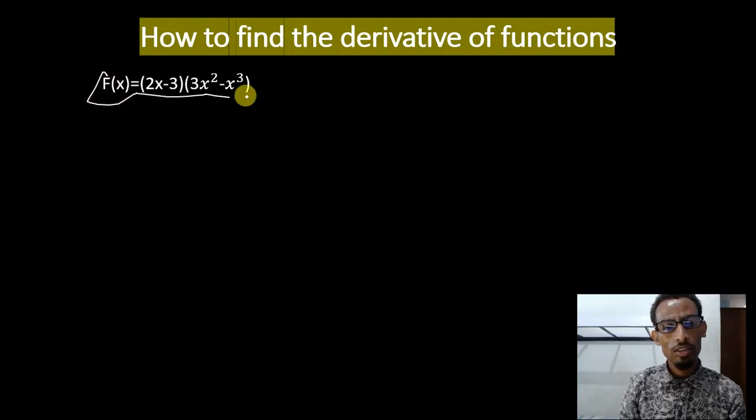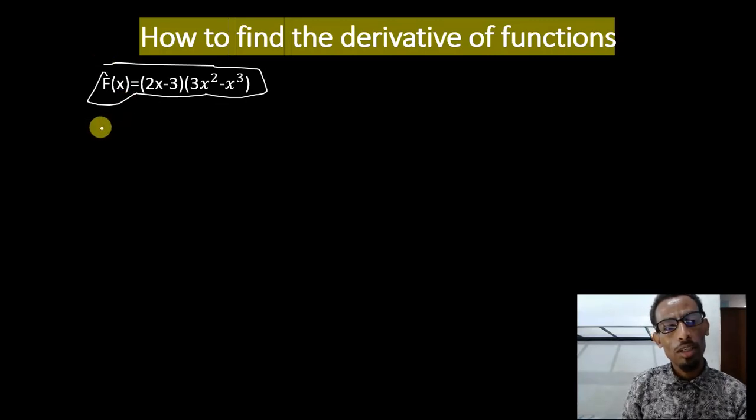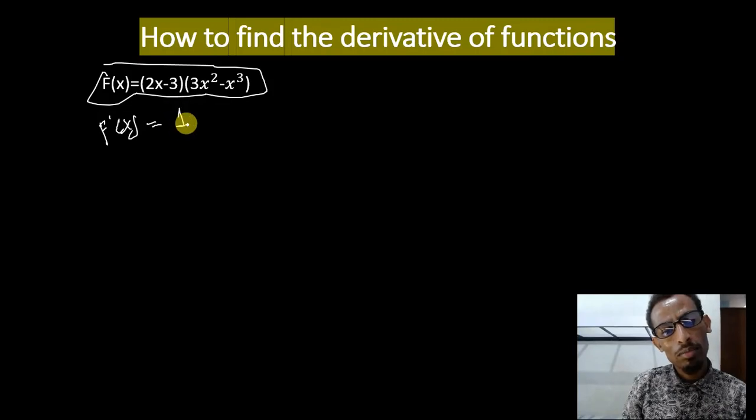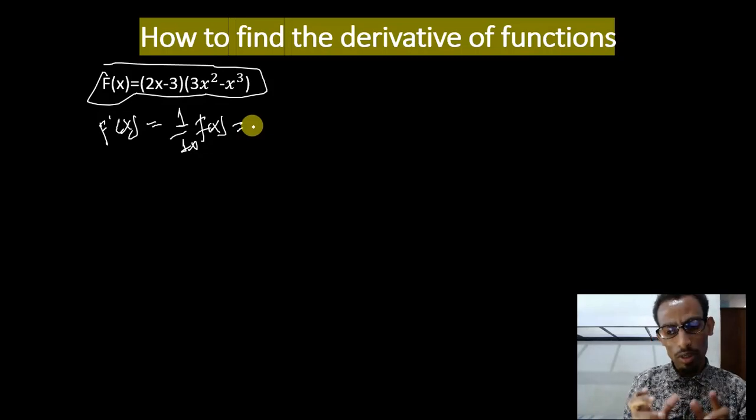The first function is given by f of x equal to (2x minus 3) times (3x squared minus x cubed). Now we apply the derivative of this function. That means f prime of x is written as d by dx of f of x. So we need to differentiate the function separately